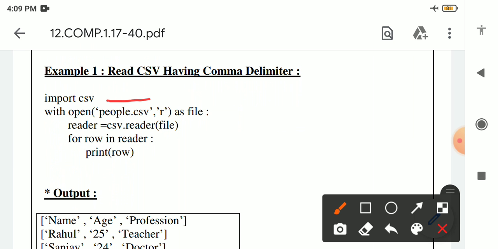The delimiter, means the separator, will be a comma. So first we will import csv by using the import statement. So we will write import csv. In the next line we will use the with statement.